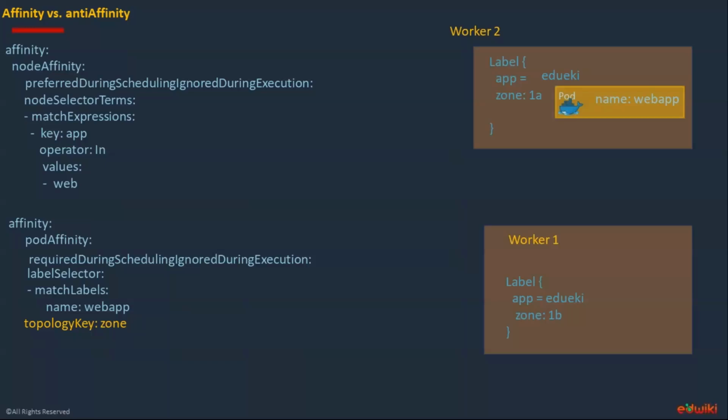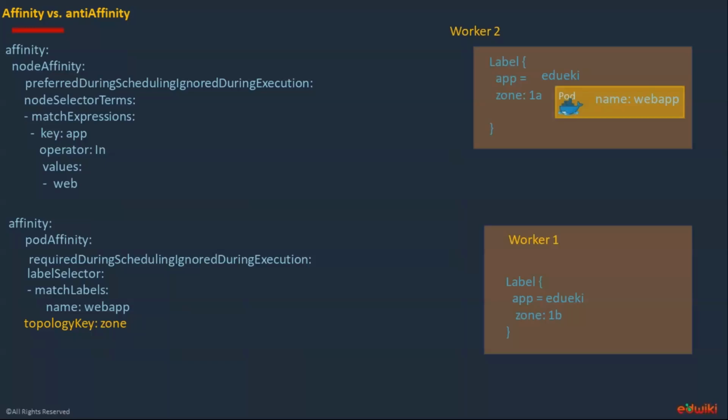I don't have it on the screen. Let's say worker 3 is there, and it has a label called zone colon 1A. Now what do you think? Your pod will be deployed where? Worker 1, worker 2, worker 3. I have 3 worker nodes. The worker 3 is not on the screen, but assume there is a worker 3 which has a label called zone colon 1A. If you have a worker 3 with zone colon 1A, then your pod can deploy in worker 2